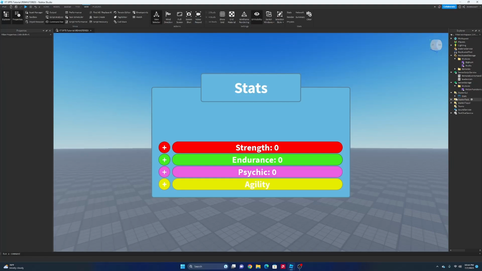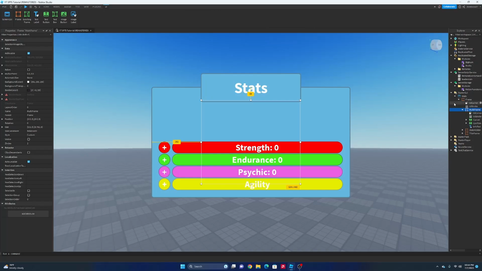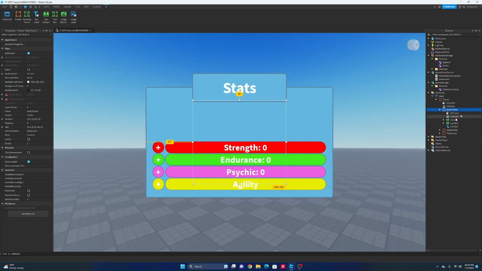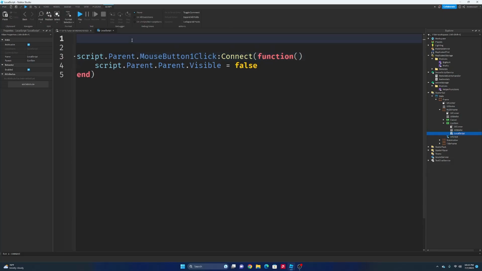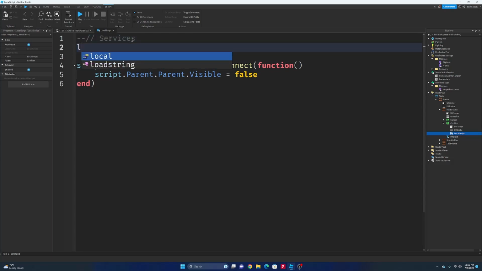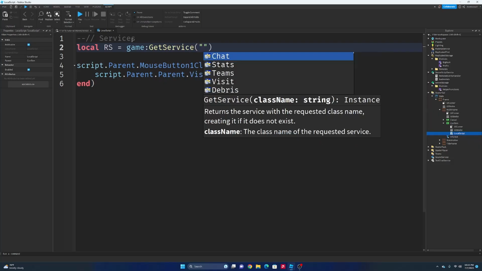So now we want to come back to our stats frame, and we could go into the multi-frame. Here, let's make this a little bigger. Or actually, yeah, we could do it in here. So we have our local script in here already, and we're going to make some adjustments to that. Alright, so the first thing we do is we're actually going to set up some things up here. So we'll have our services, which is going to be local RS = game:GetService("ReplicatedStorage"),